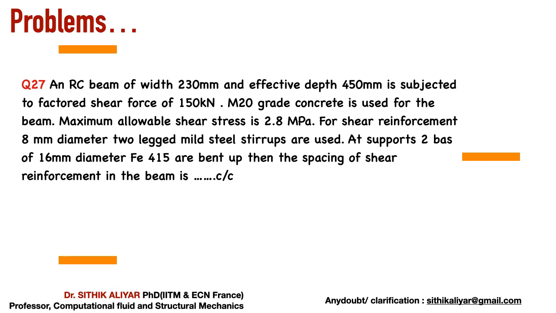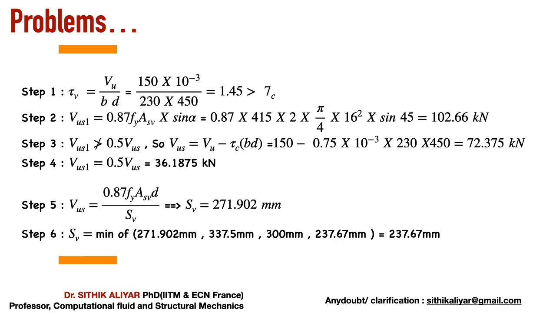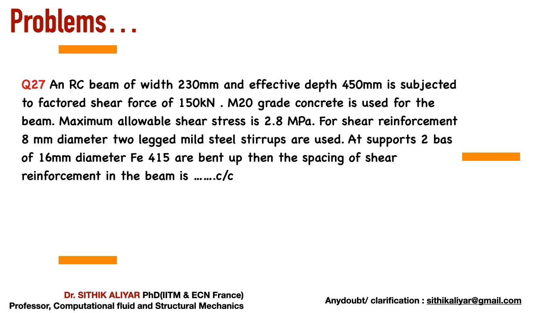Now I am increasing the shear force in the same question to 150 kilonewton. Furthermore, heavy shear force. So now tau v is 1.45, which is still greater than the tau c value. In the question, they have increased the shear force to 150 kilonewton, and they have given one extra point: the same shear reinforcement, 8 mm dia 2-legged mild steel stirrups, everything is the same, but they have given that at the supports there are